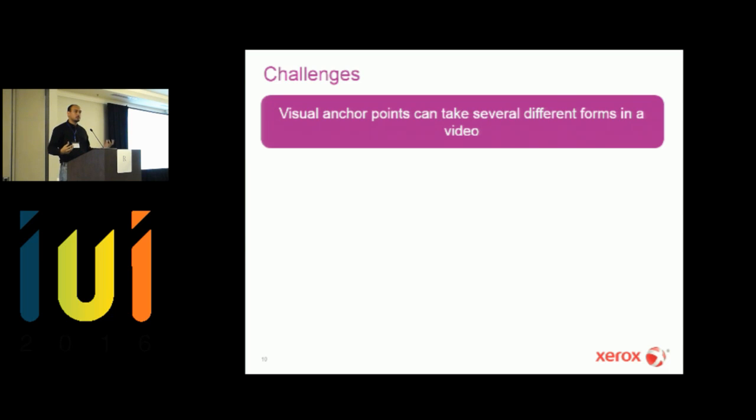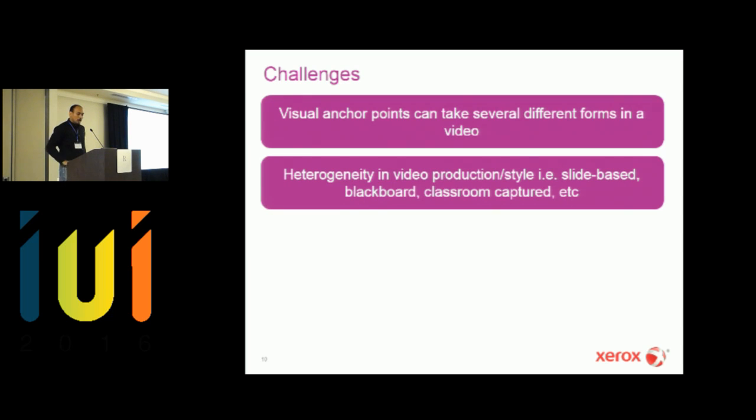For instance, a table could be a 2 by 1 table, or it could be a 4 by 5 table. Diagrams across videos could be different, from a small architecture diagram to a more complex diagram in a different video. There is heterogeneity in video production style. Some diagrams might be hand-drawn, like the Khan Academy style, while some videos in Coursera or edX use slides, where there might be much more formatted diagrams.